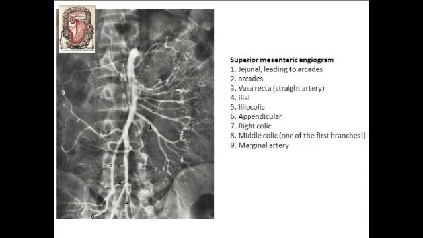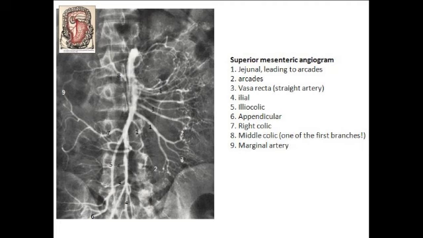The ileocolic artery supplies the ileum, cecum, and ascending colon, and the middle colic artery supplies the transverse colon and communicates with the inferior mesenteric artery. The right colic artery typically branches at the same level as the middle colic artery. The right and middle colic arteries are important suppliers of blood to the marginal artery and give rise to the